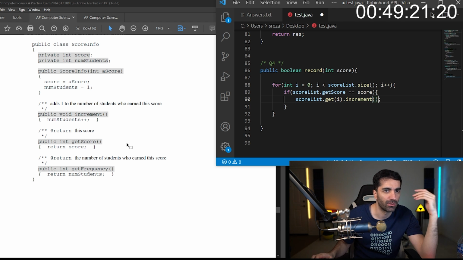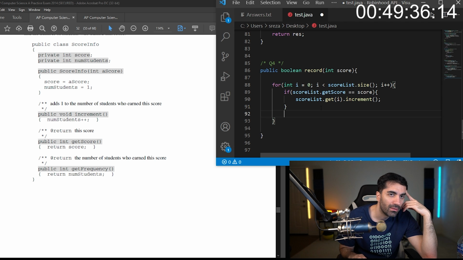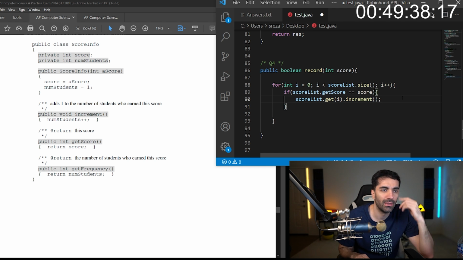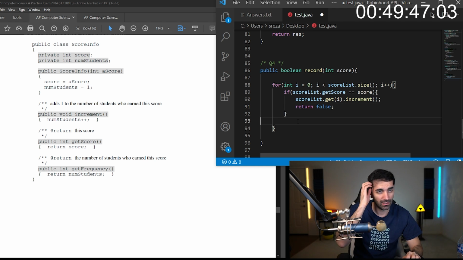So we get the object, we increment the frequency. And then return false, right? If it's not a new one, I think they wanted to return false.